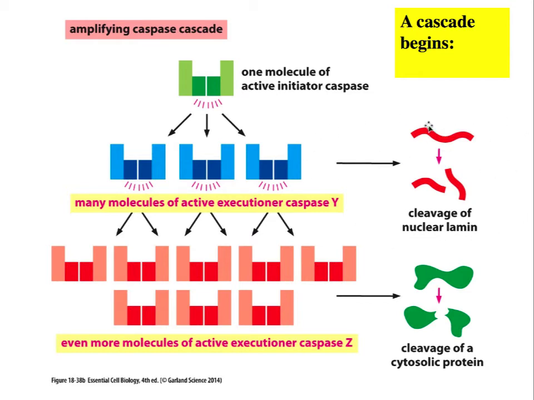They can cause something to happen inside the cell, as well as driving the conversion of more molecules into the pathway for apoptosis. In this example here, these blue caspases activate these red caspases, and the red caspases may activate further caspases. And the red caspases have a different function to perform compared to the blue caspases. And this process will continue until all the systems are activated that cause cell death. It's important to note that once the system is activated, it's a one-way street. It's very hard then to stop anything from going backwards.